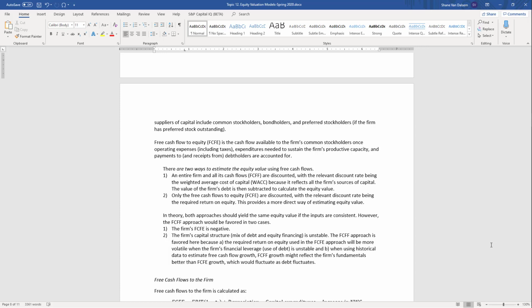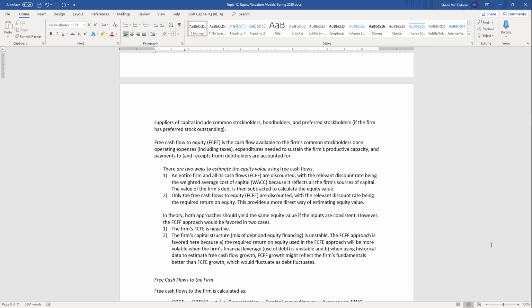The second case is when the firm's capital structure, its mix of debt and equity, is unstable. The free cash flow to the firm approach is more favored here because the required rate of return on equity used in the free cash flow to equity approach will be more volatile when the firm's financial leverage, or its use of debt, is unstable. As a firm takes on more debt, the required rate of return on equity increases, and the required rate of return on debt also increases. And so the required rate of return on equity will become more unstable and less able to predict the